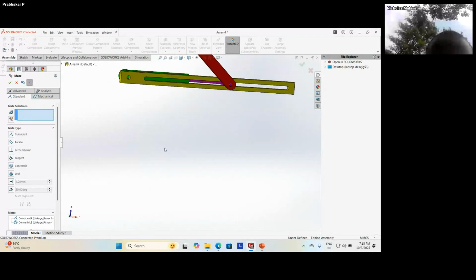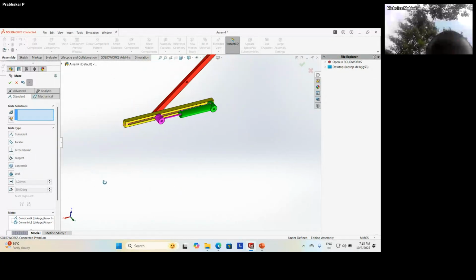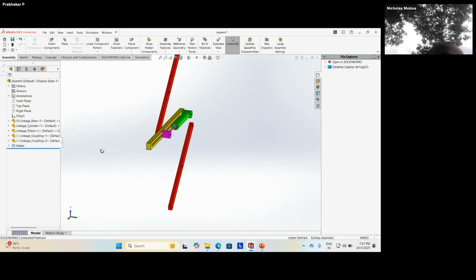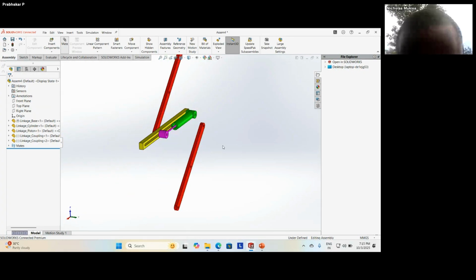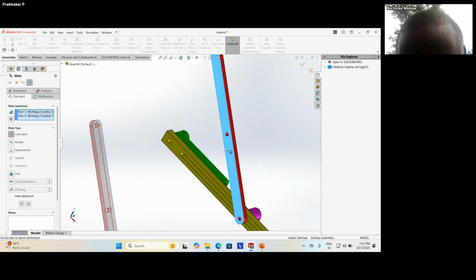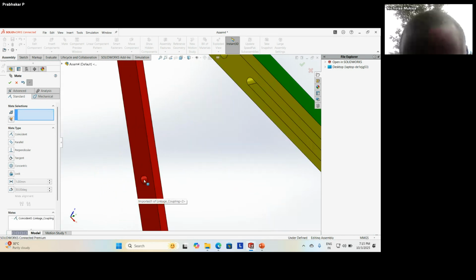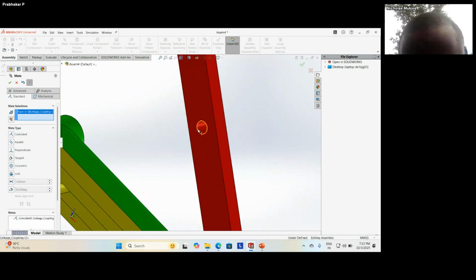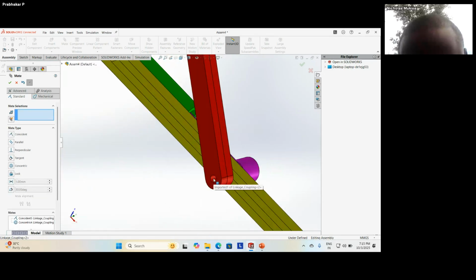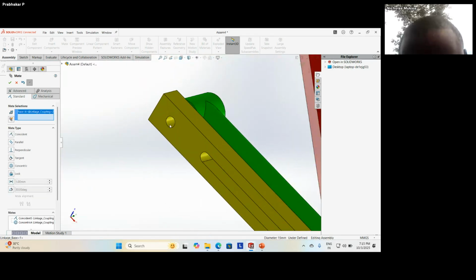And I'm duplicating this. Holding control, I drag and place it over here. Then once again I mate, selecting this face, touching this face, and making this concentric. And also the bottom hole, I make this and this concentric.